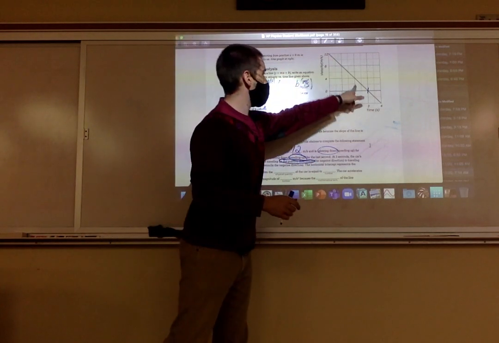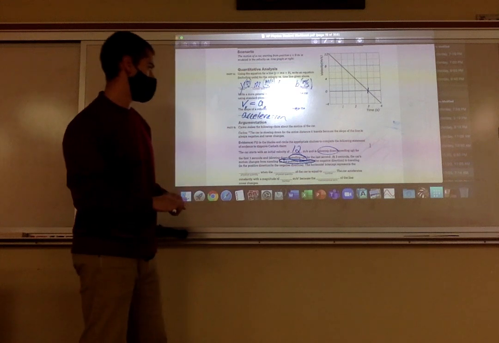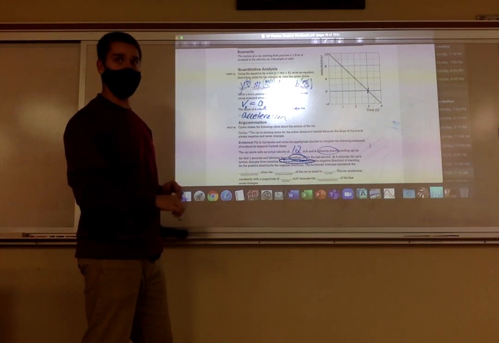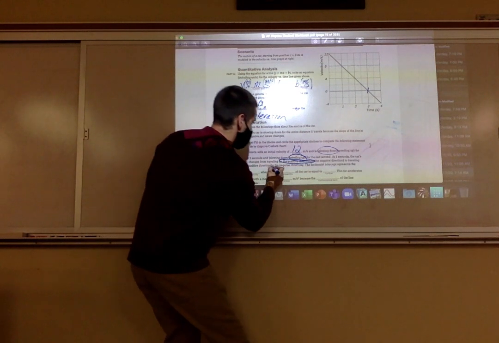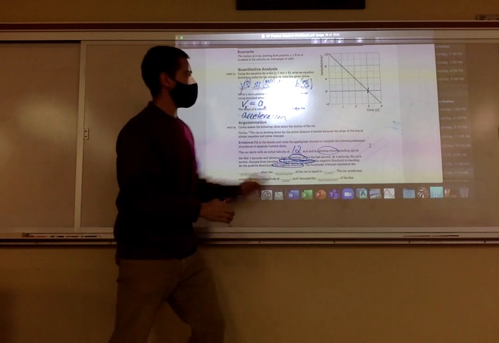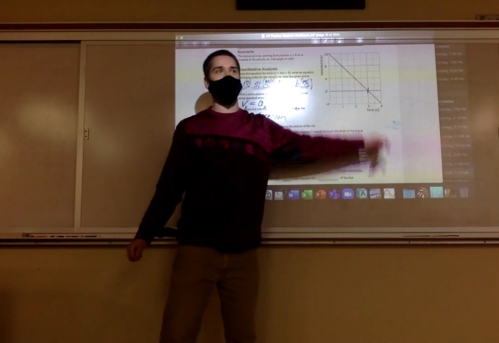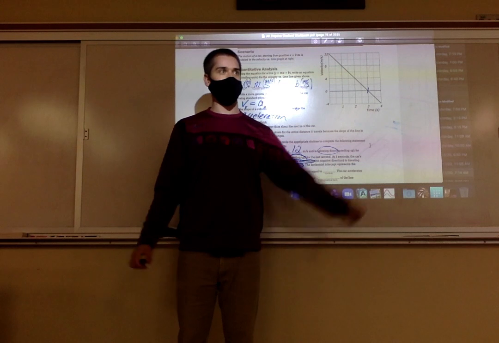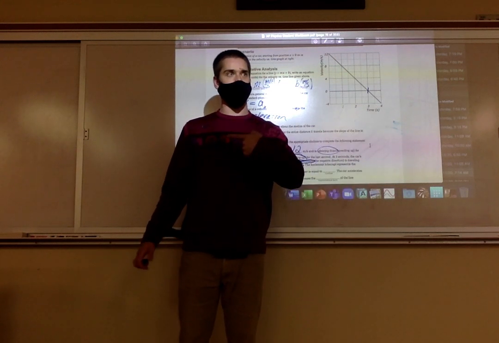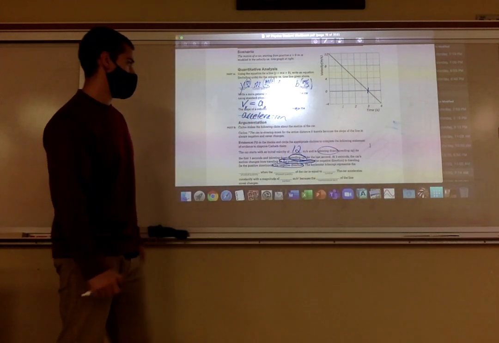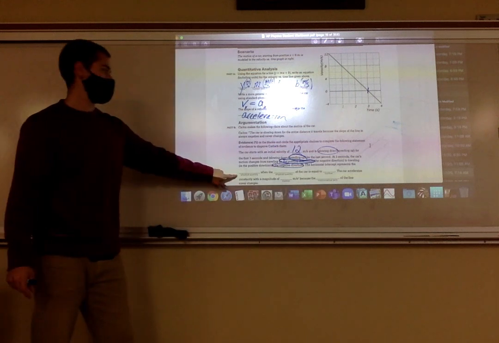It switches to doing what? Now it's moving in the negative direction. That's what we just said. It's now negative velocity. That means its velocity is in this direction, our negative x direction. That intercept,